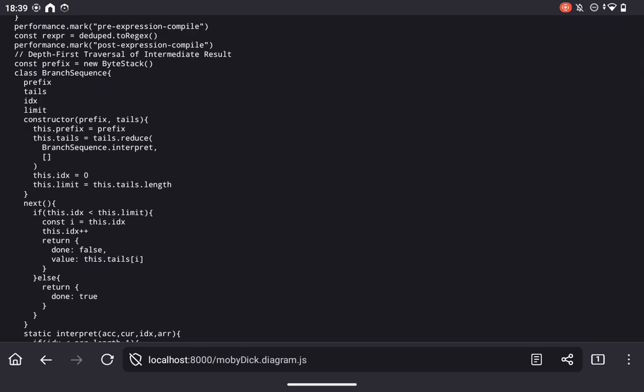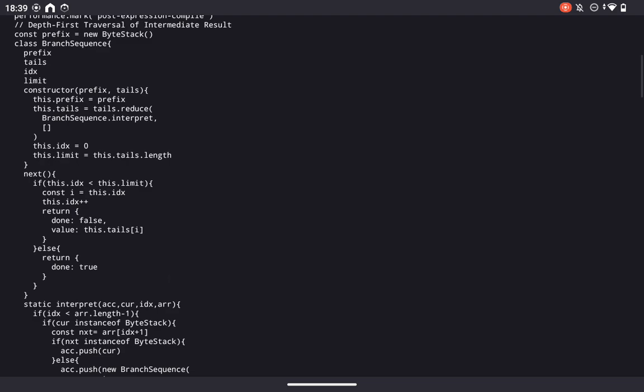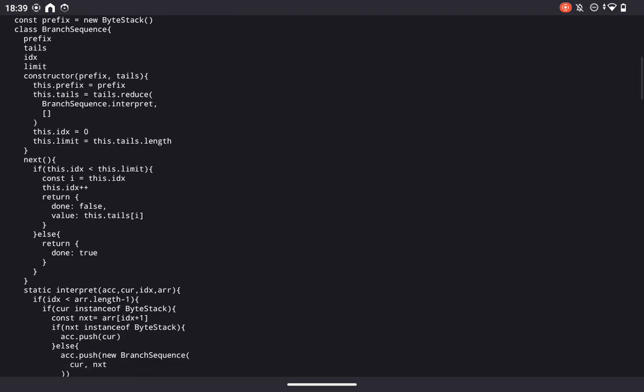And then there's one thing that I do a little bit differently, and you see this class, branch sequence. Last time, when we were serializing it, we needed to figure out, when iterating through the groups in the intermediate result, whether two adjacent entries in the array are separated by concatenation or alternation, those two operators in regex. And we did that by a kind of weird approach, analyzing the last token in the output array to orient ourselves. We needed something more robust for this, so I came up with this class, branch sequence,